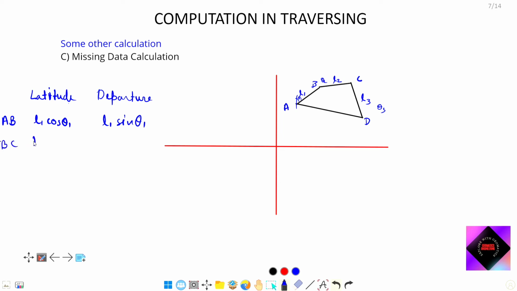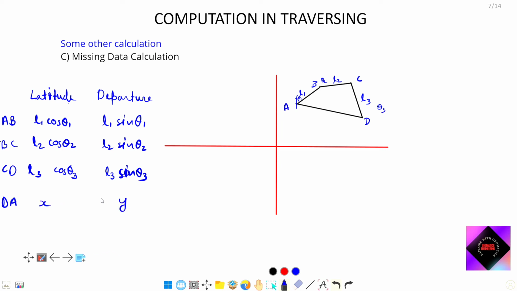Similarly for BC, L2 cos theta 2, L2 sin theta 2. For CD, L3 cos theta 3, L3 sin theta 3. And for DA, we don't know the values, so we assume them as x